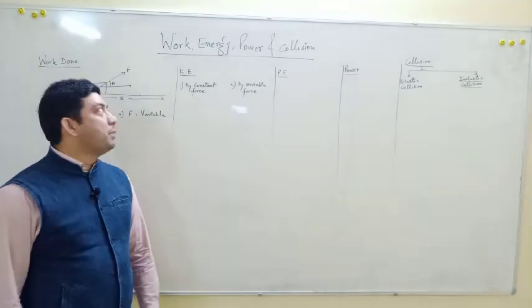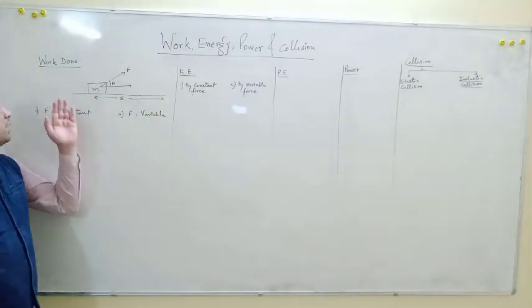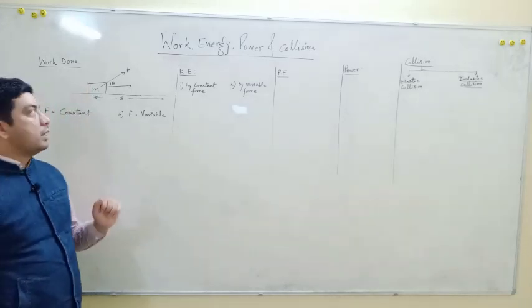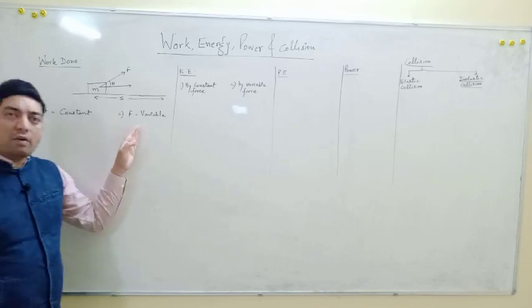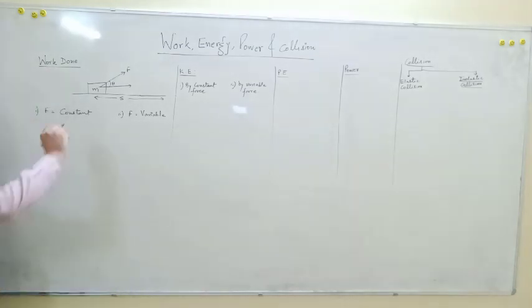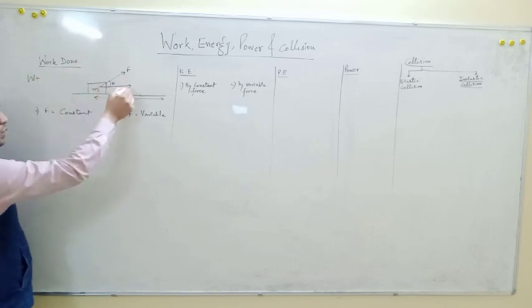So let's start with a new chapter today, that is work, energy, power, collision. In this we have to first of all start with what do you understand by work done. And work can be done by applying a constant force or by applying a variable force. So whenever you are doing work by applying a constant force, then work done is defined as that component of